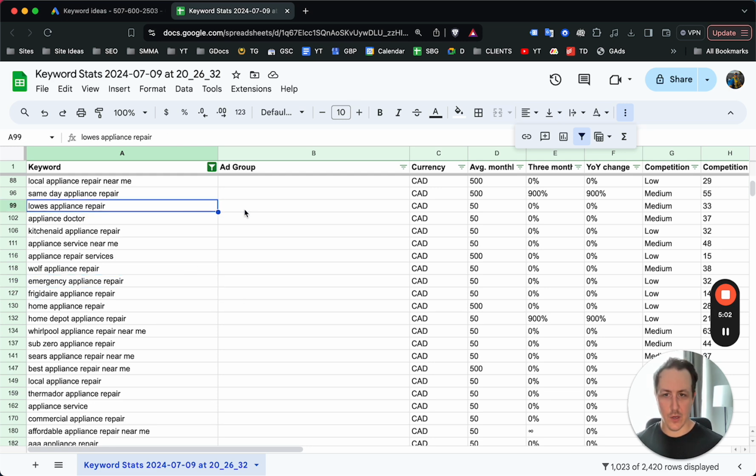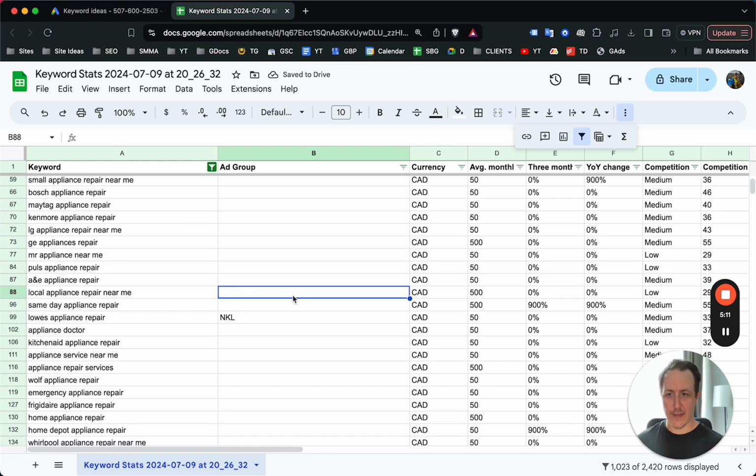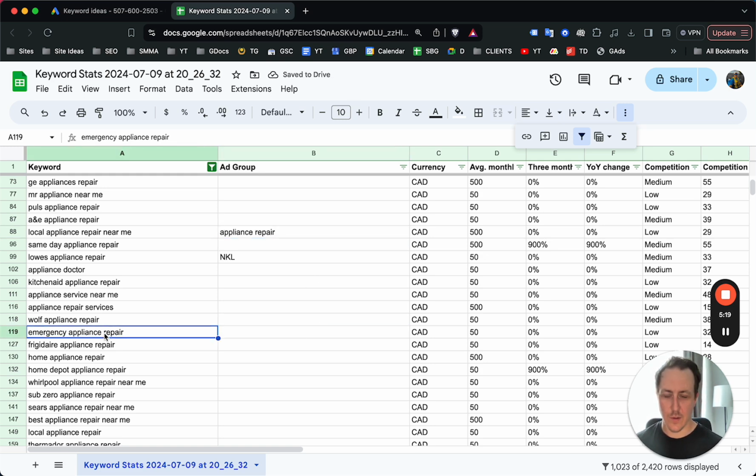So for example, things like Lowe's appliance repair, unless you're running a competitor ad group, add that to the negative keyword list, right? This one, local appliance repair, fantastic keyword. This goes in the appliance repair ad group. And then this is why you want to be doing this: you can see here emergency appliance